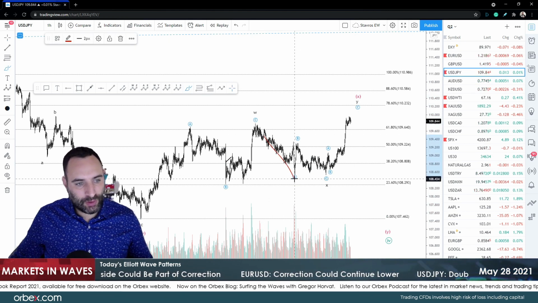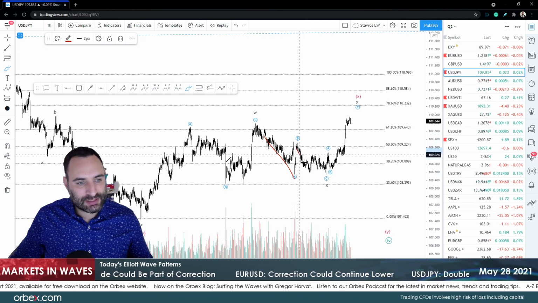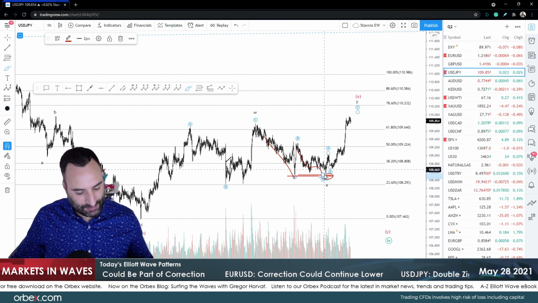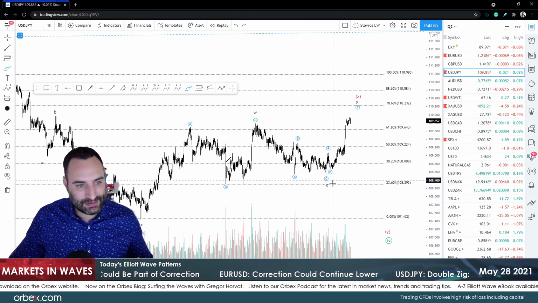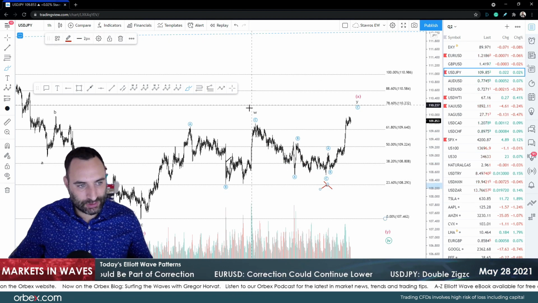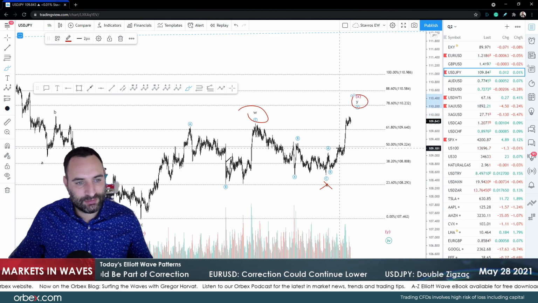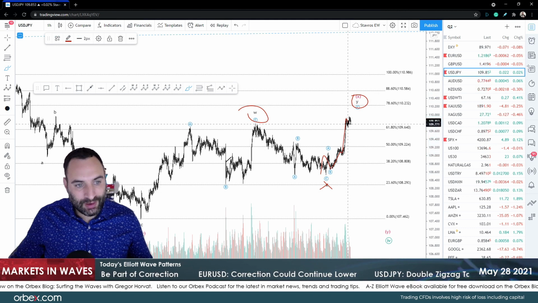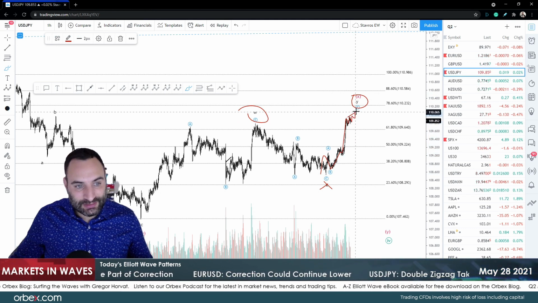What happened is we got this move to the downside, and that tricked us. Yesterday we were waiting for a break through of this level, and we said if we don't get the break, then this will be invalidated, and it got invalidated. That means that my X now, okay, my W is here, and I'm waiting for my Y, and that is A, B, and 1, 2, 3, 4,